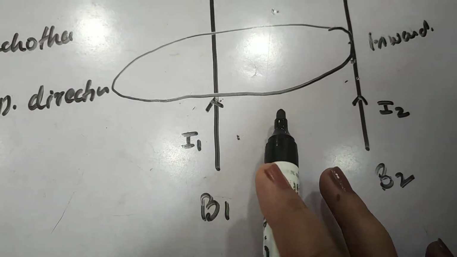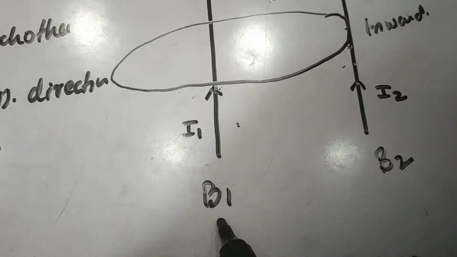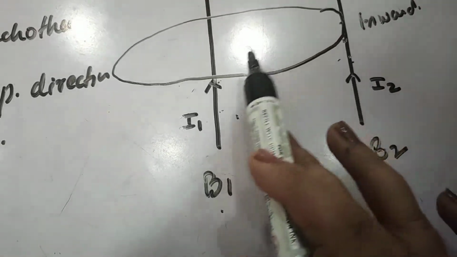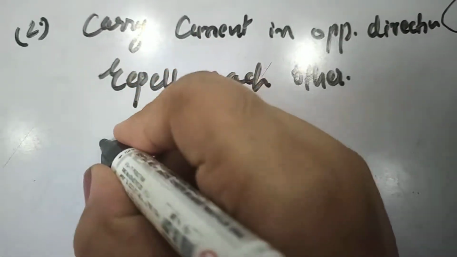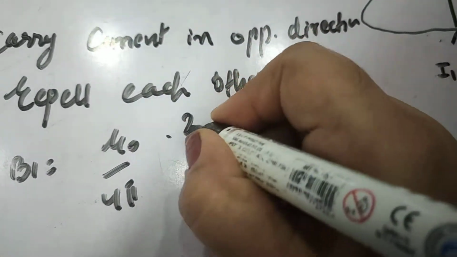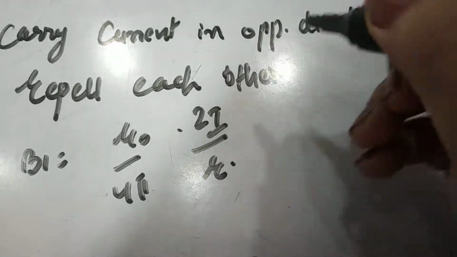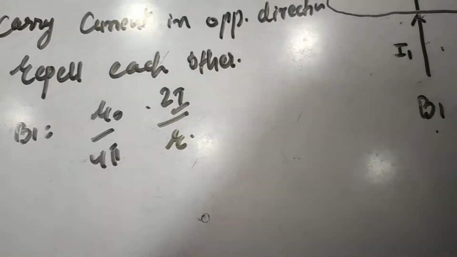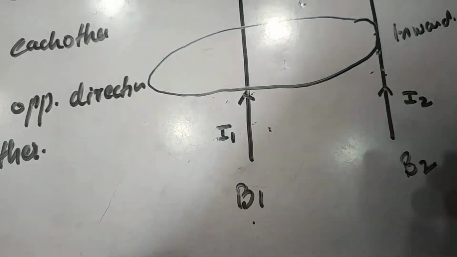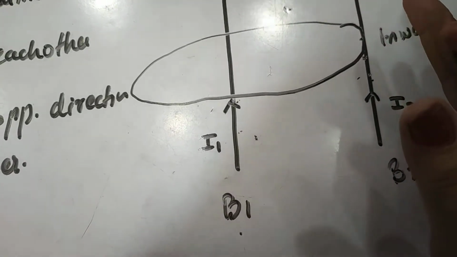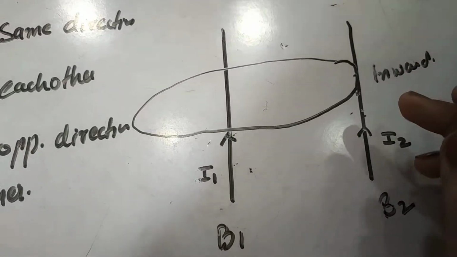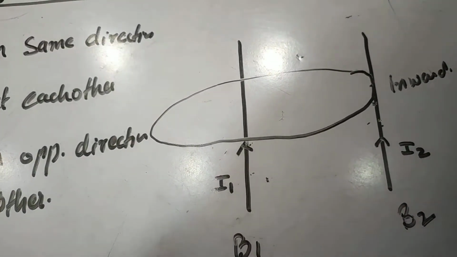First of all, we will write the value of magnetic field B1 due to the current carrying conductor I1 at a finite distance, suppose R. So B1 can be written as mu naught upon 4 pi times 2I by R, right? So this is B1. Now we are going to find the force on the second conductor due to the magnetic field of the first, right? Now at this point the current is moving upward, the magnetic field is inward, and what will be the direction of force? That can be found by Fleming's left hand rule.